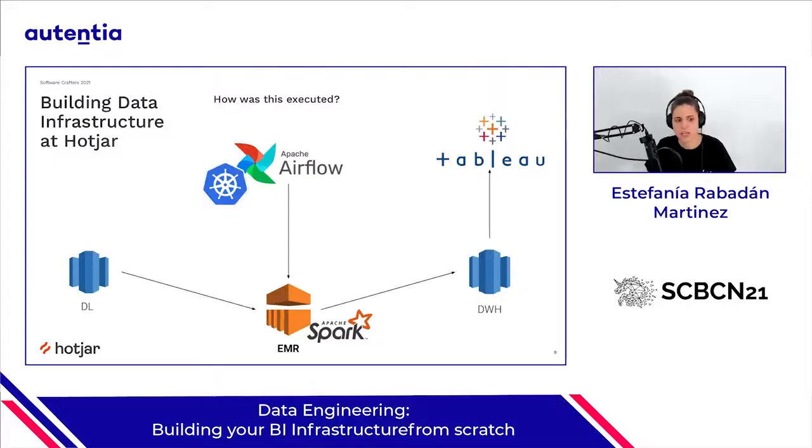Okay, so the first thing that we wanted to have is a data warehouse. We created another Redshift cluster. We decided which type of data modeling we wanted to use. Data modeling is another huge topic to talk about, but to make it short, basically we decided to go for a star schema modeling with dimensions and facts. And the idea was to have all of the unstructured things that we had on the data lake in the data warehouse in a structured, modeled way, so everyone could act on it.